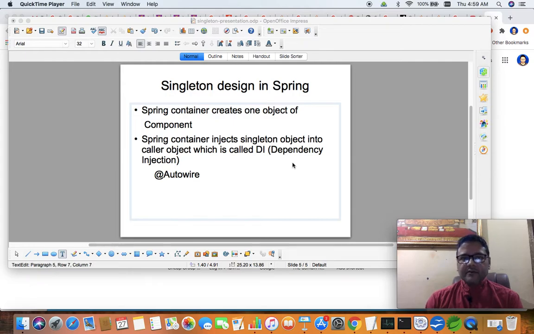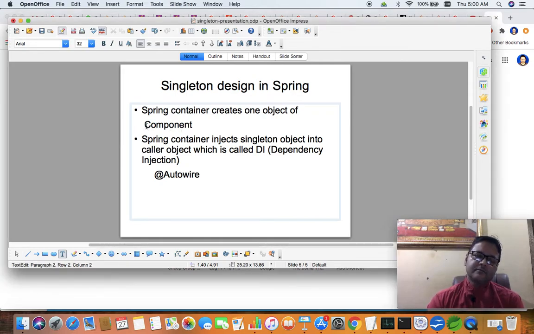Whenever we create a component, meaning any ordinary class in a Spring application, we define it as a component by using the @Component annotation, because as you know, a Spring application is completely dependent upon annotations.